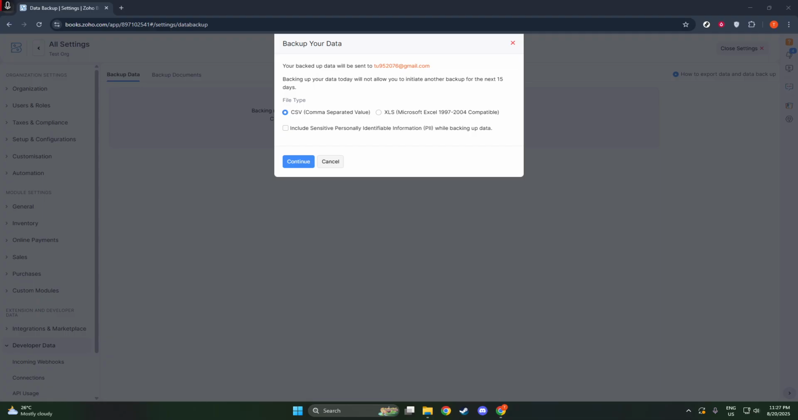When you initiate a backup, you have the choice between two file formats, CSV and XLS. These formats are widely used and are compatible with many data analysis and spreadsheet software. Opt for the format that suits your needs best, considering how you might want to access or manipulate your data